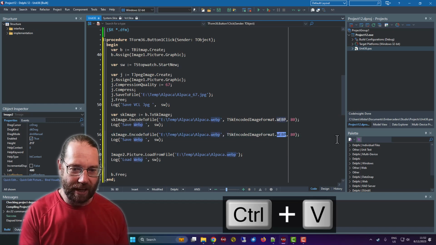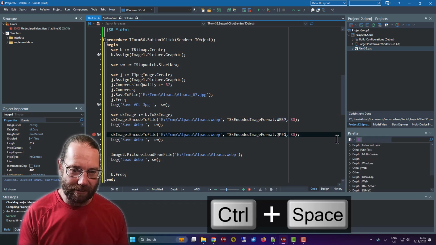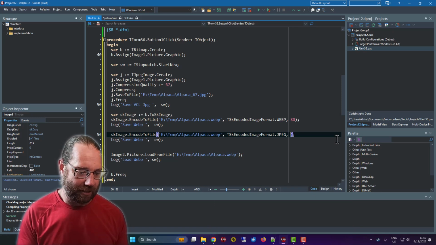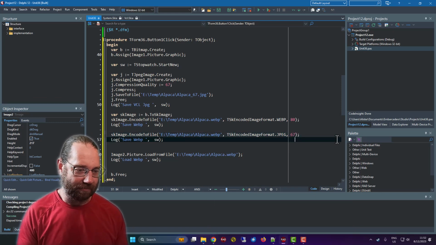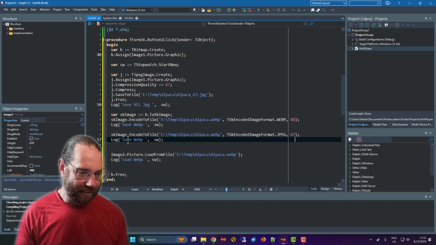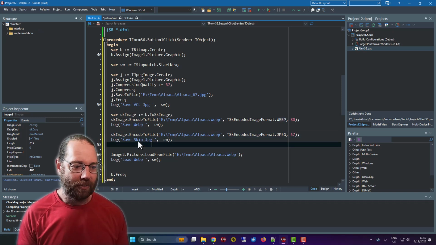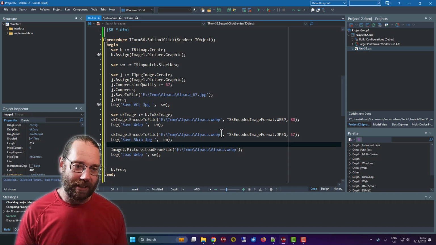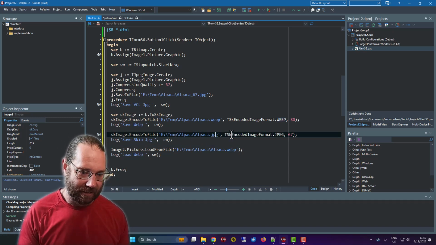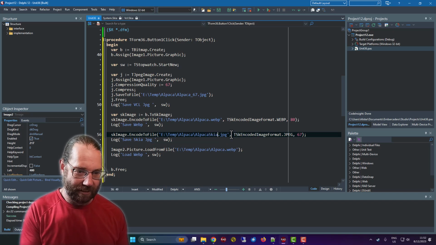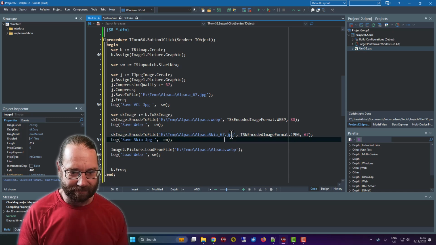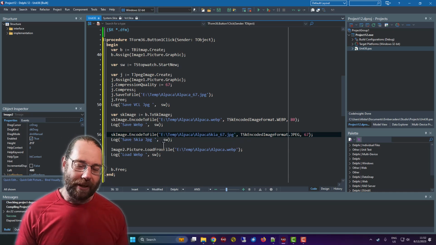We can encode this as a JPEG, and if we go to the similar file size, 67, save Skia JPEG. So we're now using the alpaca Skia 67. So we're now using the JPEG encoder in Skia,